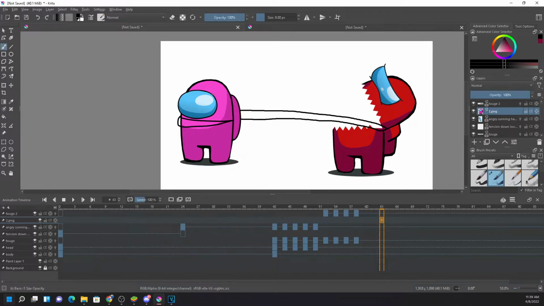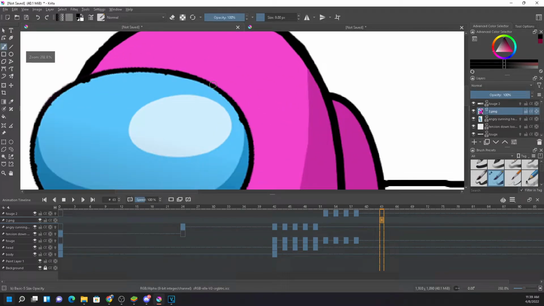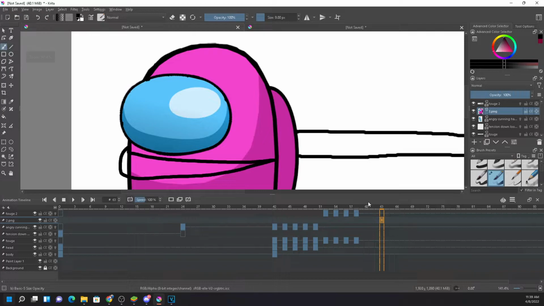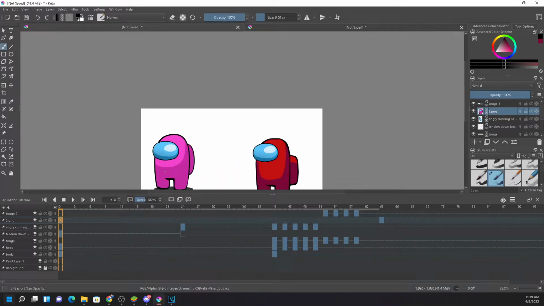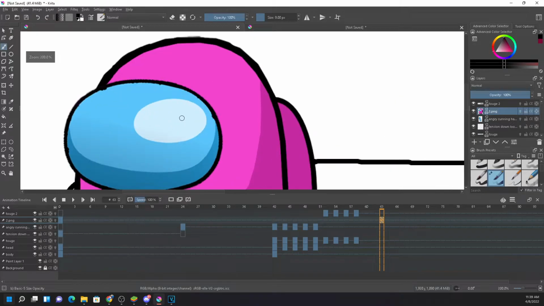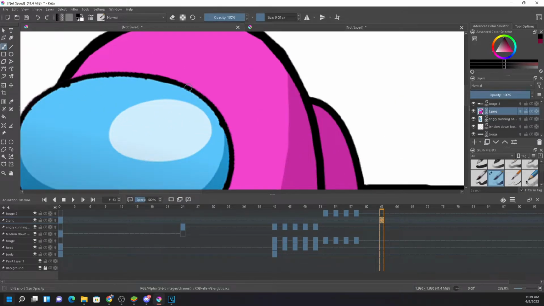So I just draw over here, creating a frame. There's no need to delete this one. If I delete this one, the pink will disappear. So I'm making changes on the 63 frame, drawing a sad eye.